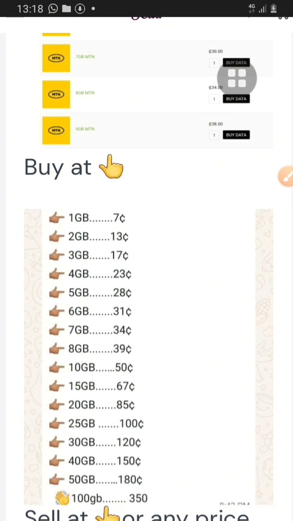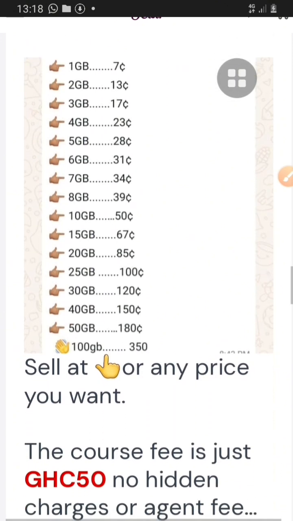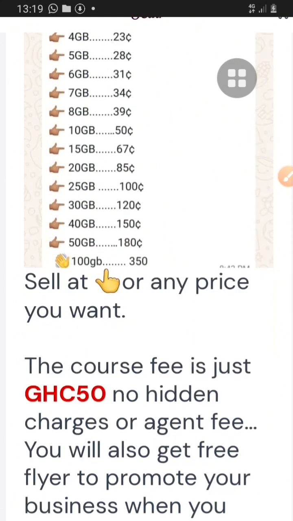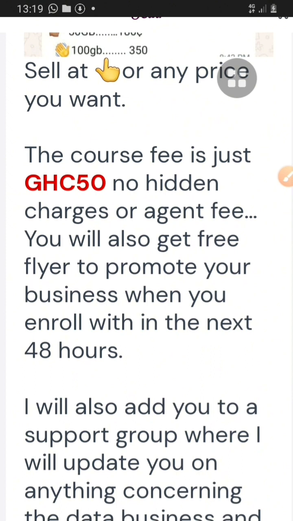That's your preferred price. So when you become an agent, you can sell them at your preferred price and make the extra profit for yourself without buying anything or any inventory. Just your smartphone and access to the information. You can just buy data bundles and sell them to your customers and make profit. This is very simple. You can just start within the day. It doesn't require you to learn something for like 1 month. Just one day, I will show you how to do everything in a video tutorial form. So it's not something difficult, and I've prepared everything.